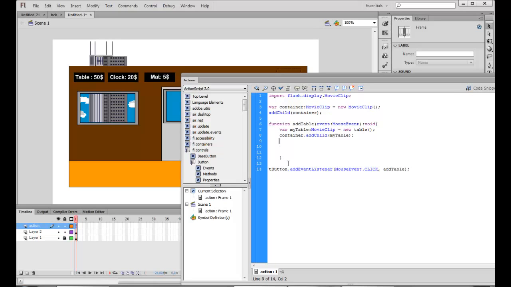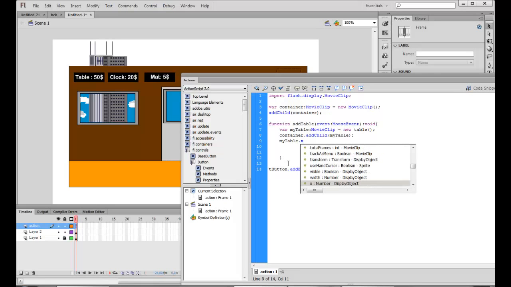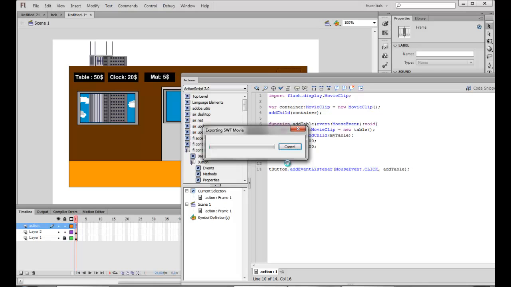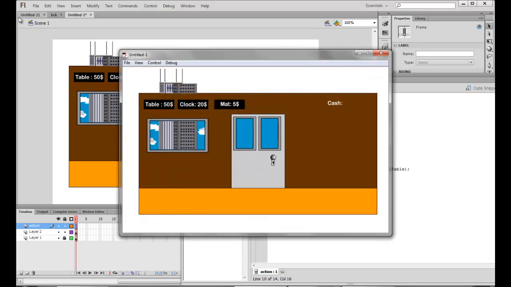I can also say that I want my table to be displayed at position maybe 100 pixels by 100 pixels. So 100 is the coordinate of the table. Now let's see if it runs. So I click on this and I get a table, and that's the 100 position of this particular table.